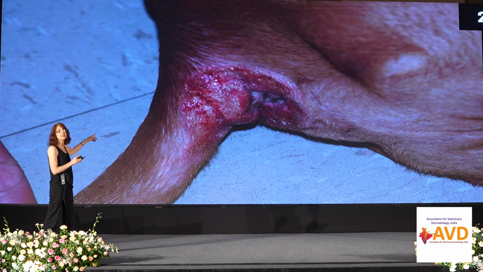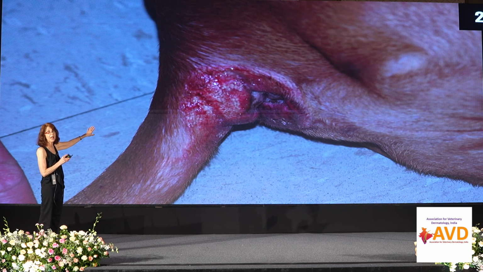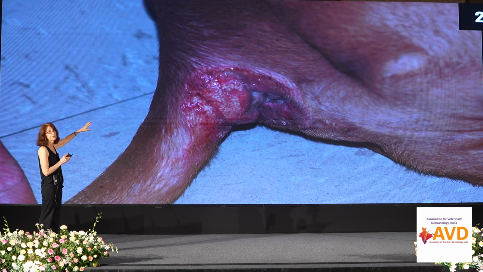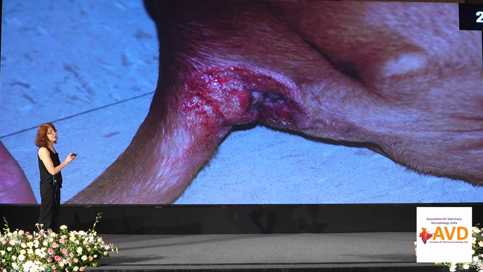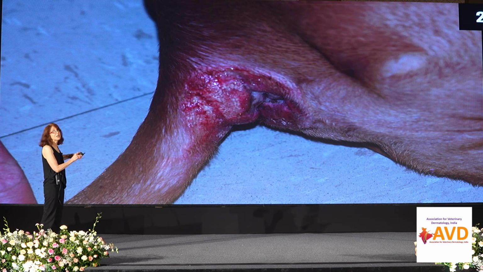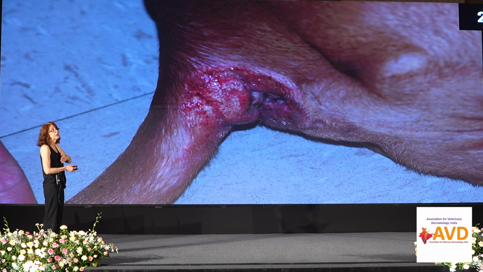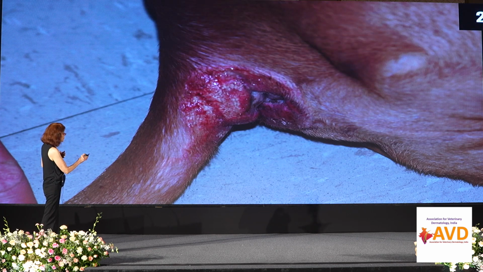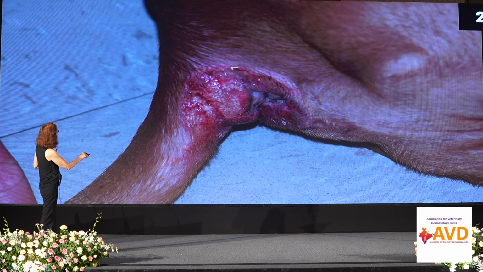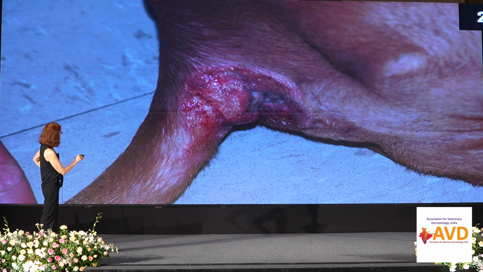And this is actually a case of iatrogenic Cushing's that medicine had. They were treating a chronic immune-mediated disease, immune-mediated thrombocytopenia. And this dog was lost to follow-up, and he was on a high dosage of glucocorticoid for a long time. And he had all signs of Cushing's, but calcification in multiple areas of the body. So you can see here, it's hard to see, the area was firm there, and was ulcerated in this case.